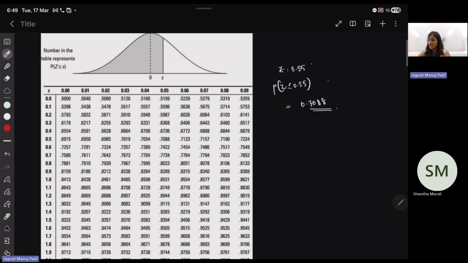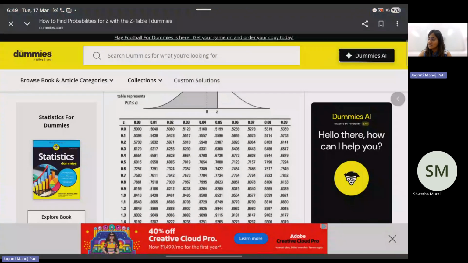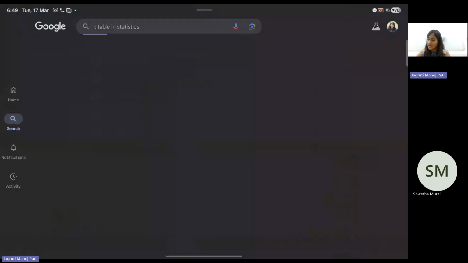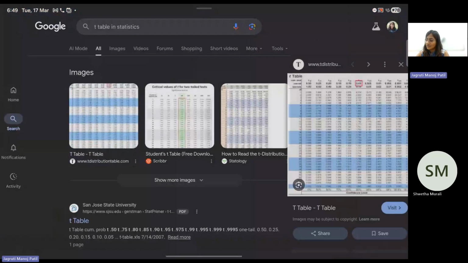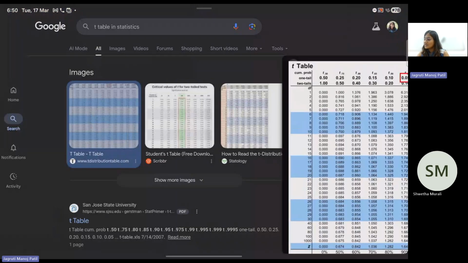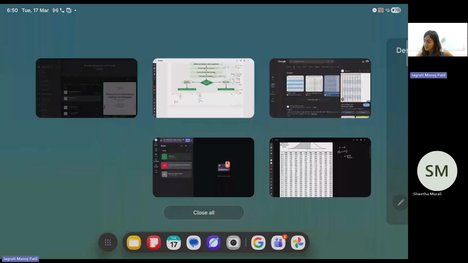This is for Z scores. Whenever you have Z scores, you do it like this. Similarly, for computing T statistics, you have something like this. The scores for them are also similar, but for T statistics it varies in between. For Z also it varies. So there are two cases in here.